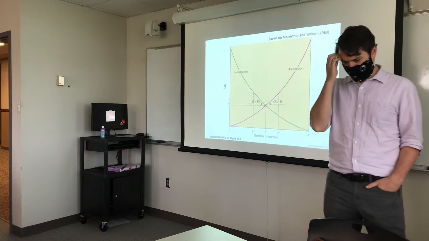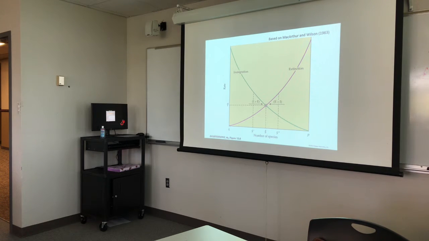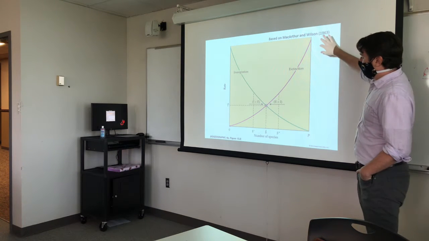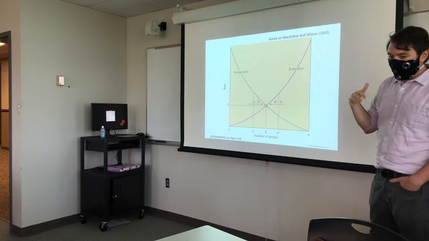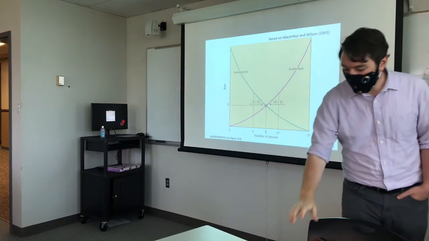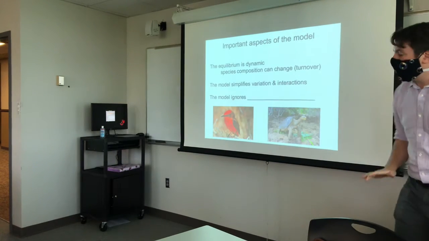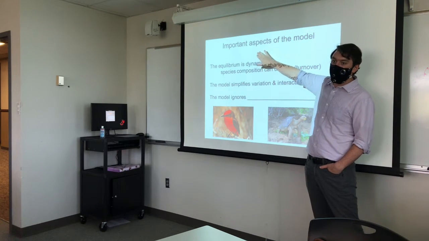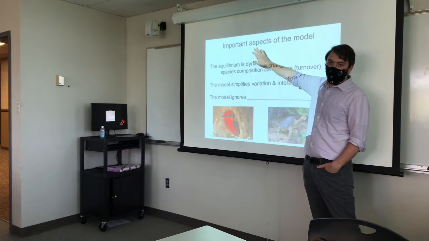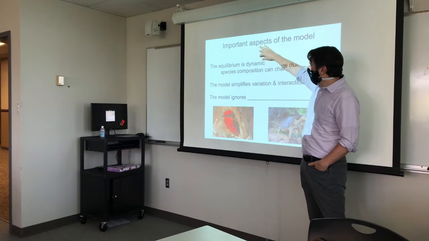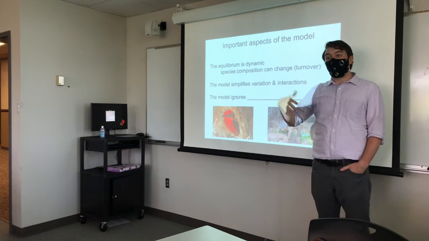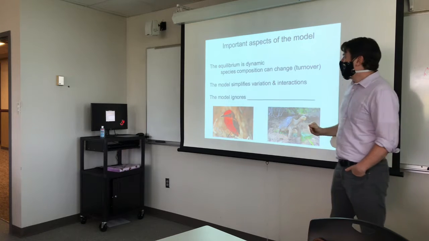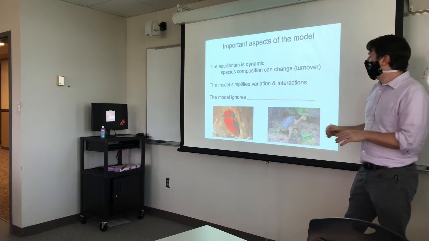So that's the original version of the model of island biogeography from MacArthur and Wilson. Again, it's more or less neutral, and it also ignores one thing. So a couple things to think about here. The equilibrium is dynamic. What that means is that we're just, as I've said 3 times now, worried about the number of species on the island, predicting the species richness, not which species are there or how they relate to each other.